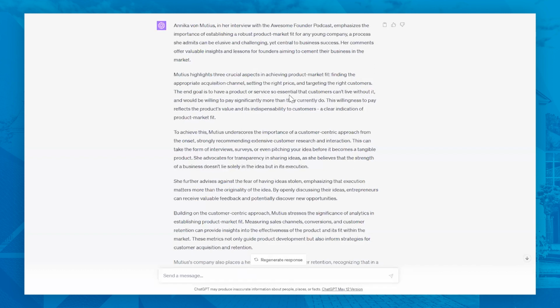Can you copy paste that and immediately publish it? No, you need to do some fine tuning. You will need to address sometimes some language issues, but in general, it's a very good starting point.